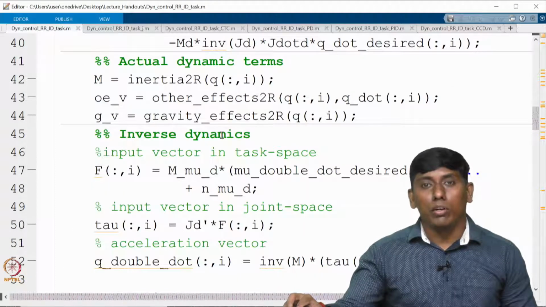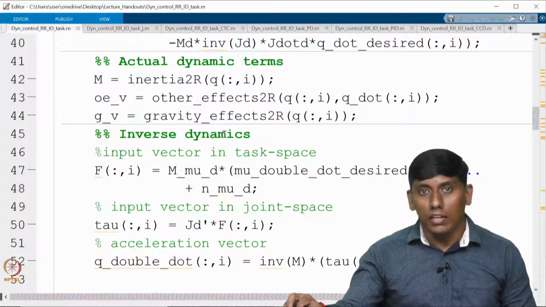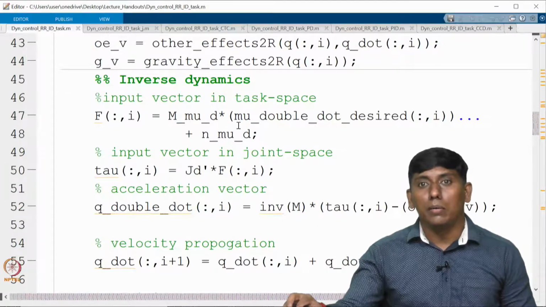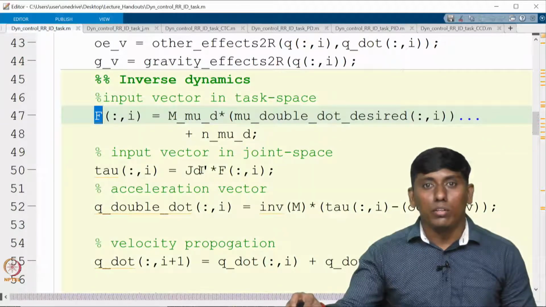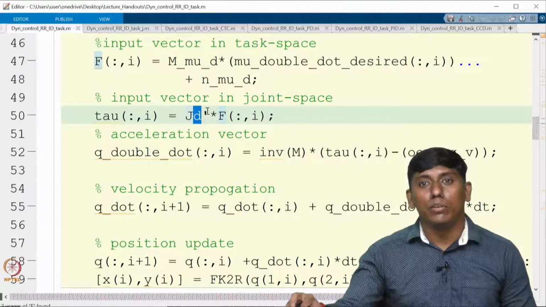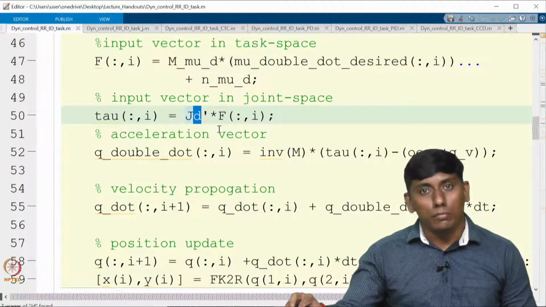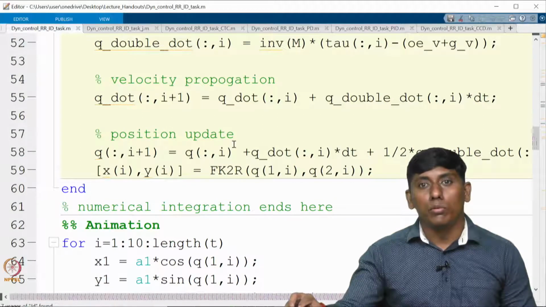So we have derived the actual and desired dynamics. Then this is the inverse dynamics, which is based on known values, and then you can calculate the force. Based on that you calculate tau from J desired transpose times F. So then you can go on, right.